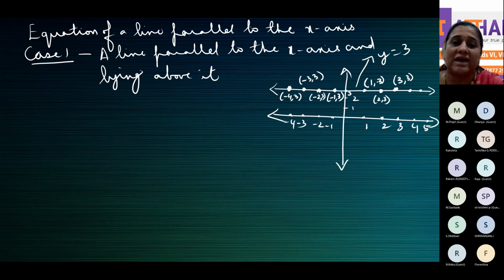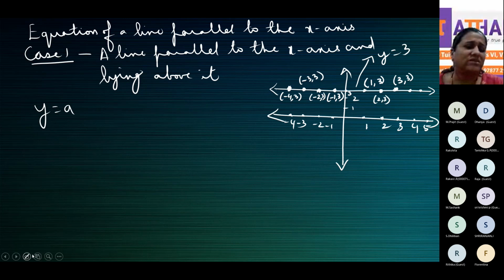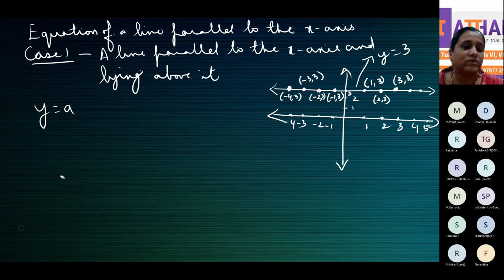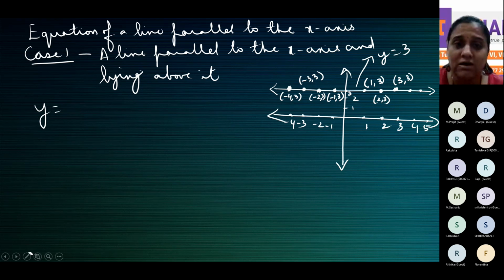Y is equal to a. Y is equal to some constant. So in general, we say that y is equal to a. Or sometimes they say y is equal to b. X is equal to a and y is equal to b. So let me just go with the books. Anything is fine. You can say y is equal to m and x is equal to anything actually. So y is important. Y cannot be replaced with anything because